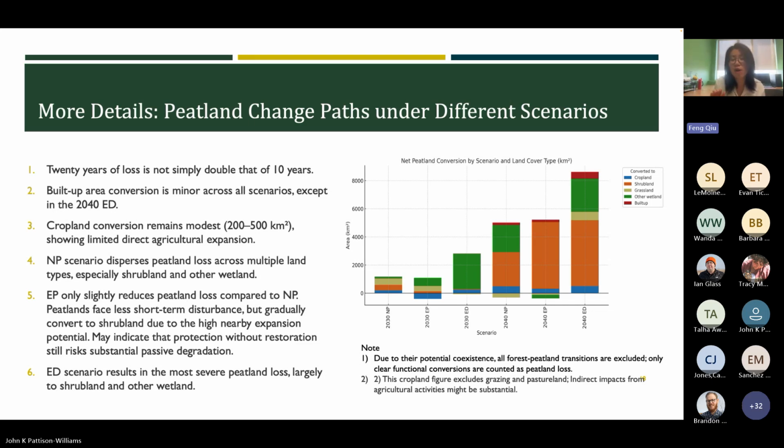is the cropland conversion. Overall, different from other natural land cases, for the cropland conversion, different scenarios and different periods tend to be pretty consistent. Under all scenarios, we see a loss of peatland to cropland somewhere between 200 to 500. At 10 years we see around 200, and at 20 years, 300, 400, or close to 500. So that's pretty consistent and pretty robust,